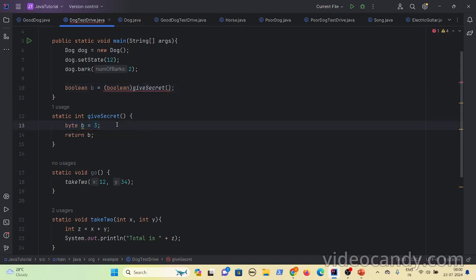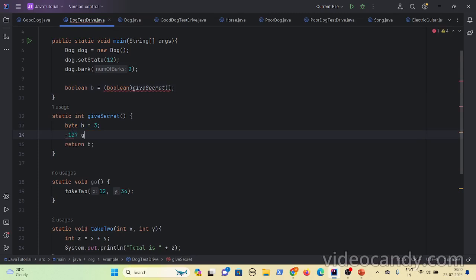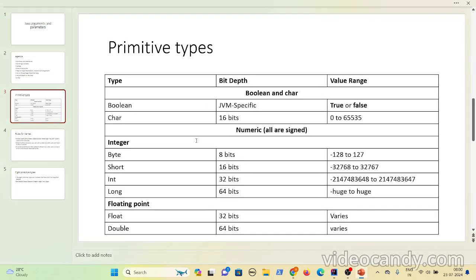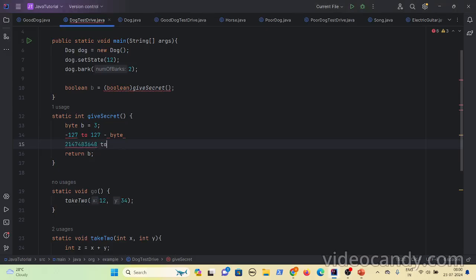So if you see, minus 127 to 127 is the byte range. Okay, and the integer range is something else. This is the integer range. Let us see. And the integer range is from minus 2^31 to plus 2^31, right? So what happens is, let's say you have an integer value 5. Let's say the integer value is 5, and this 5 is in the byte range also.